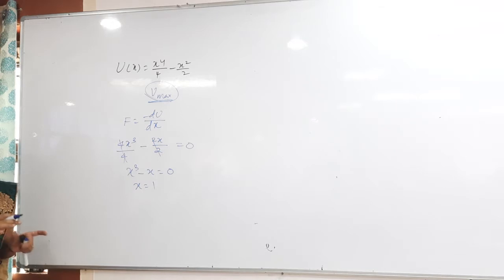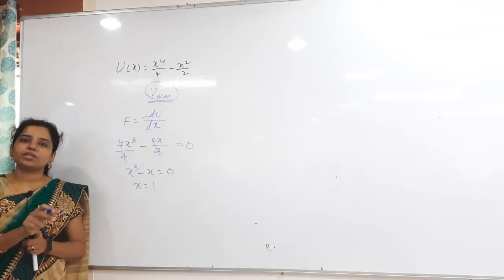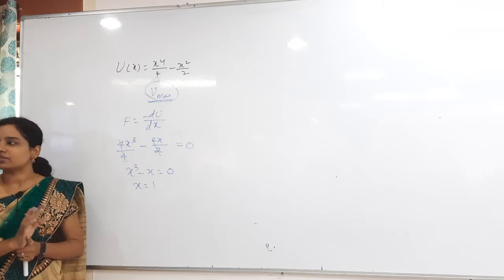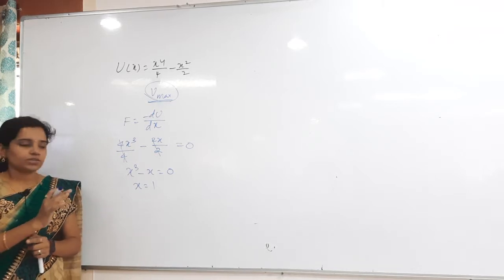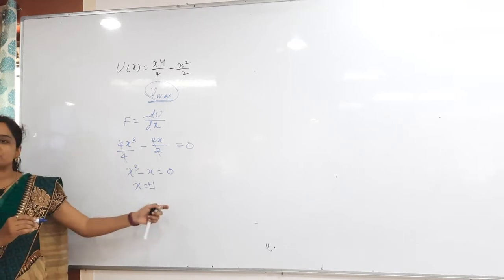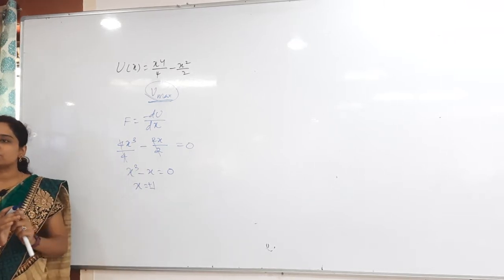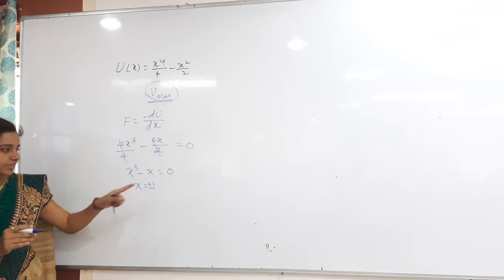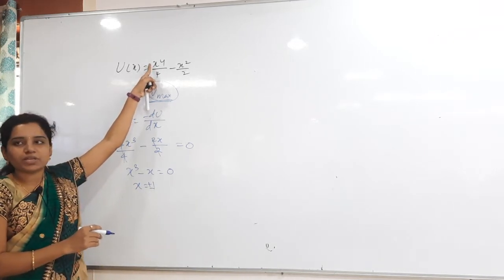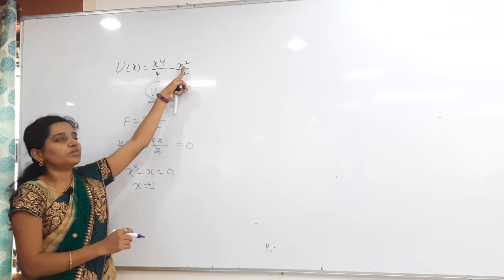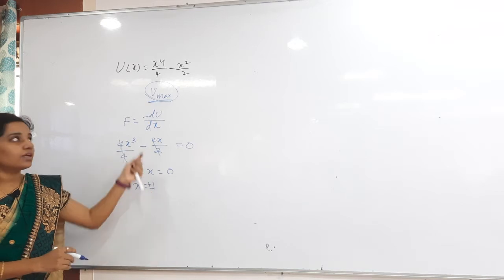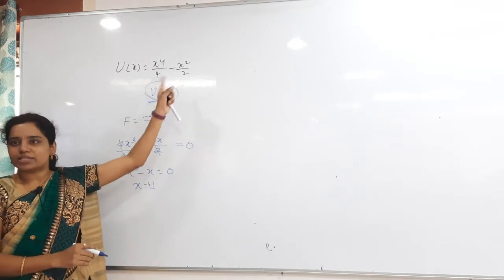So it is the equilibrium; you have to consider the proper position, plus and minus. That is the main twisting here. If x = plus 1, what happens? If x = minus 1, what happens? If x = plus 1, x^4 becomes 1 and x^2 is 1. If I take minus 1 also, it is the same.